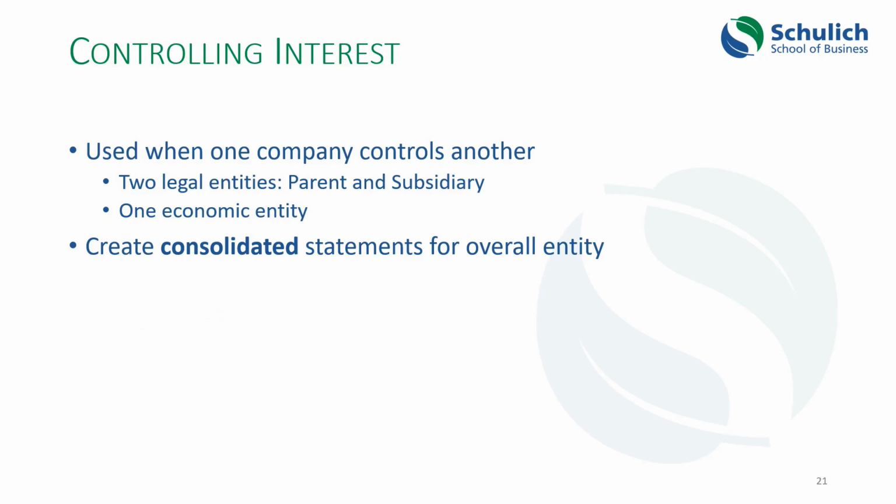A controlling interest then, when you own more than 50% of the shares of the company and control the other company, you have two legal entities. You've got the parent company and the subsidiary. Both of those are actual corporations, but that's only in the legal sense, because in the economic sense, it's considered to be one economic entity, because the parent company and the people who control that parent company determine what the subsidiary can do. And therefore, economically, it's like having one big company. So in order to represent the economic value of that conglomerate properly, you have to create consolidated statements. And that's for the overall entity, right? The parent and all of the subsidiaries in which it has more than 50% ownership.